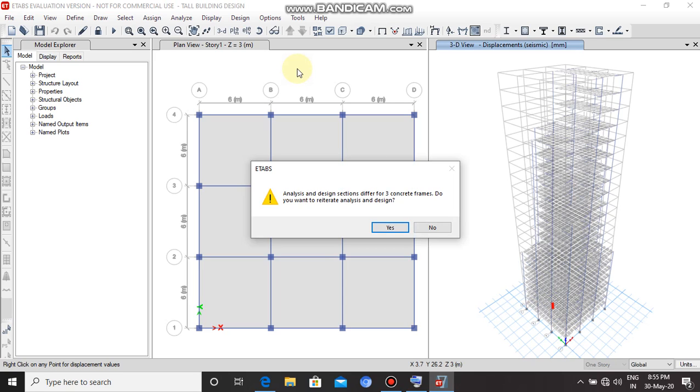Okay, after waiting for some time as the software runs the design on the building model, we will now check the structural failure status of various elements of the building model. Once the design is completed, the software asks permission to reiterate the analysis and design for the failed members.